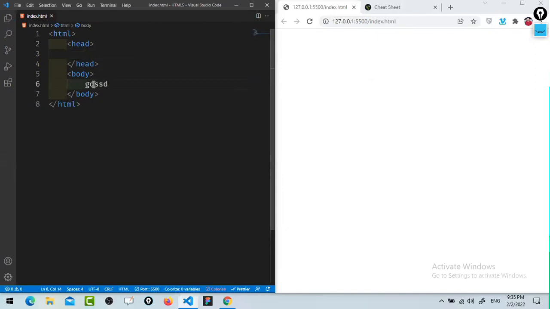So right now, if I will save this one and will refresh it, see here, whatever I have written here inside body, that is visible. If you will write something here in head, that will be also visible. Okay, but that is not meaningful actually. See, okay, that will be also visible here. But here we are not going to pass any information which we want to show actually on the page. So what we have to write here,